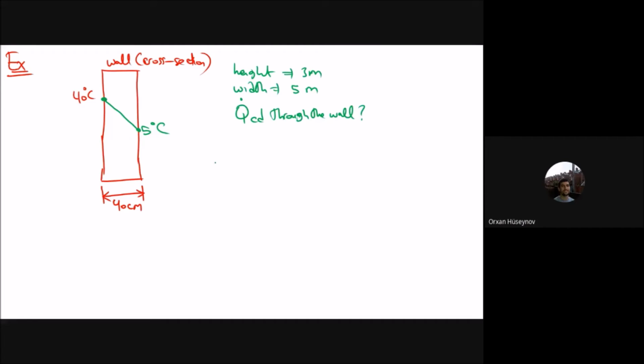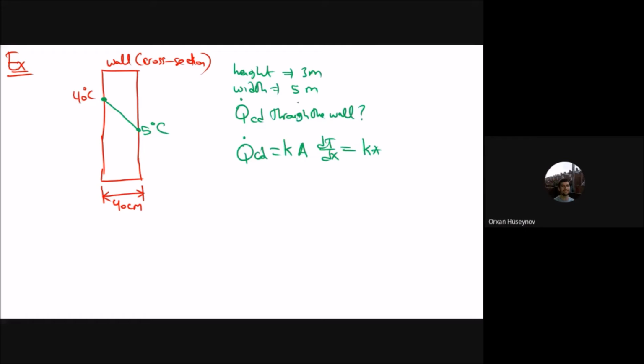So for the wall, let me just write firstly the energy equation. Q dot CD is equal to K, the area that the heat flows through, and dT by dx. Always we start with the general case. dT by dx is the general one. Delta T by delta x is a special one. Since the temperature changes linearly here, it drops from 40 to 5, negative. So then this one will be equal to the conductivity of the material, which we don't know,